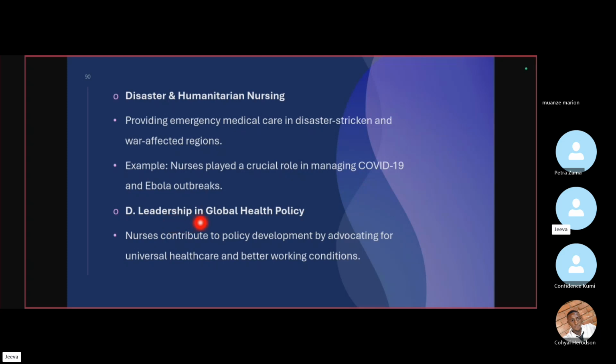Next one is leadership in global health policy. Like nurses should contribute to the